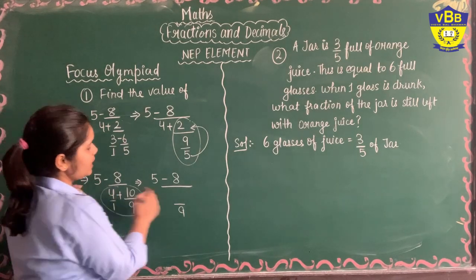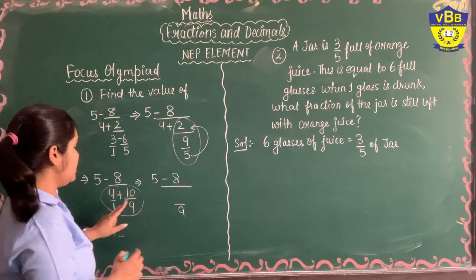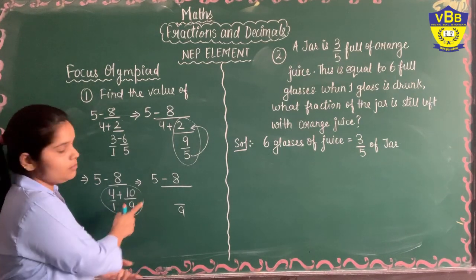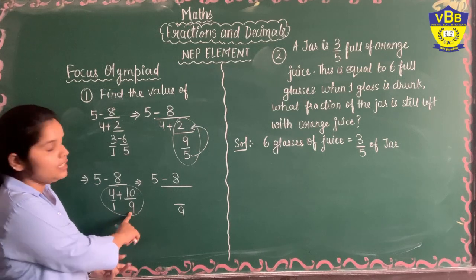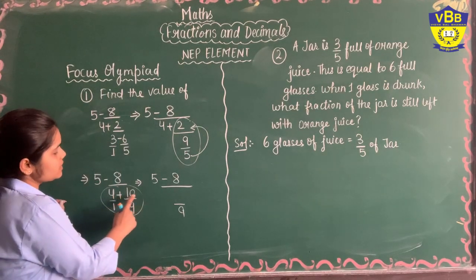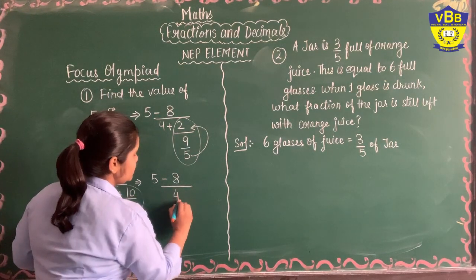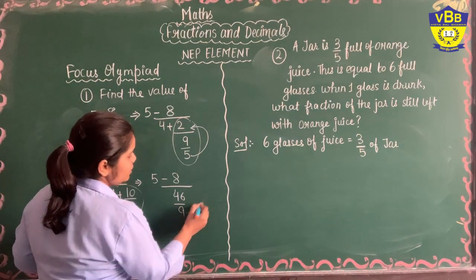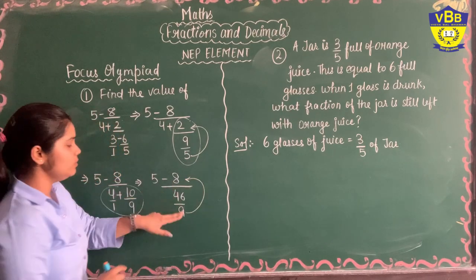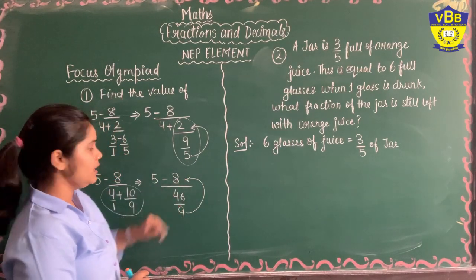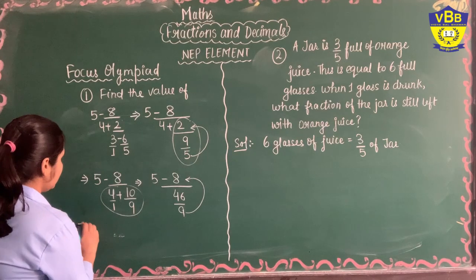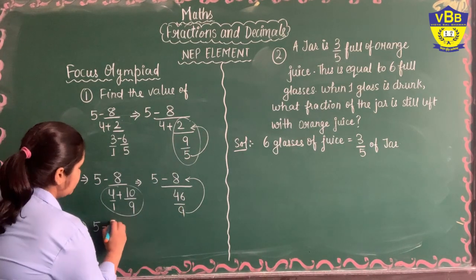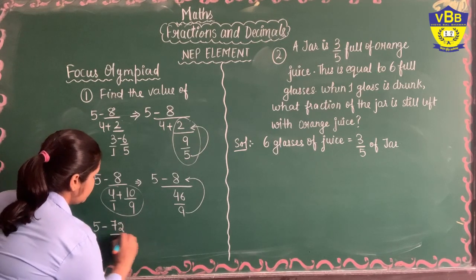4 multiplied by 9 is 36. And 36 plus 10, we are not multiplying 10 with any number because the denominator has 9 already. So 36 plus 10 will give you 46 here. Again shift this 9 to the numerator. Now 9 will be multiplied by 8. It will give you 9 multiplied by 8, 72, divided by